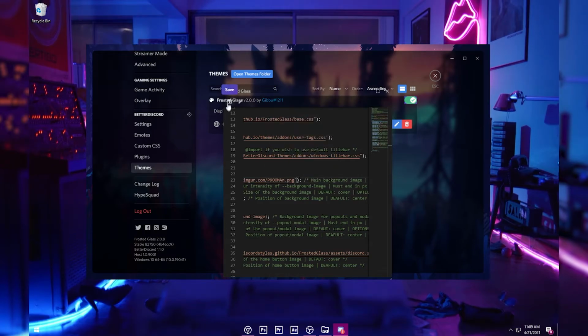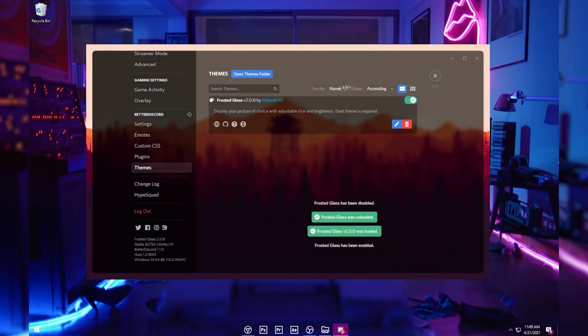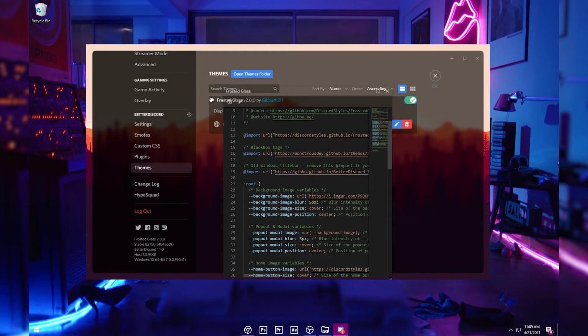Okay, and then you can click on the save icon right here at the top of that box. As you can see now, it's using the image that you chose as your background. Now if you want to change the blurriness of that, you can click on edit. Currently it's using 5 pixels. You can change it to, let's say if you need a 0, it means no blur.